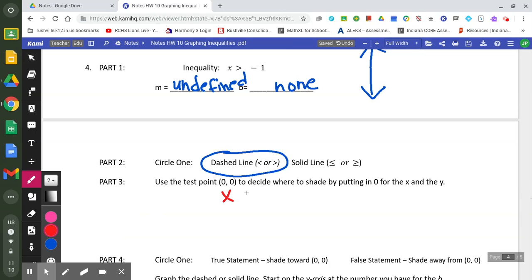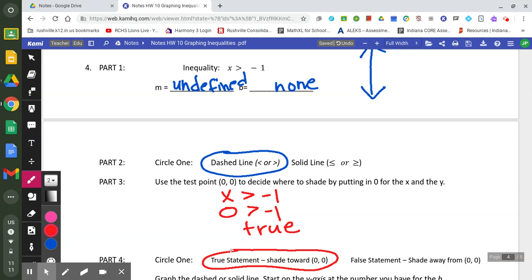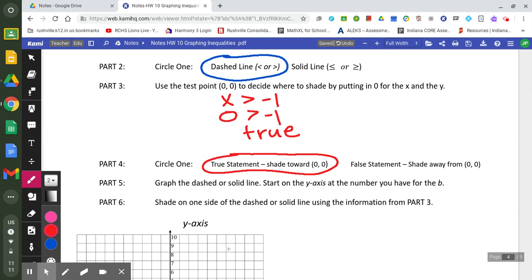So we're going to take x is greater than -1. And we can only put a 0 in for the x because we don't have a y. 0 is greater than -1. That is true because 0 is greater than all negative numbers. So that's a true statement. So then when we graph,